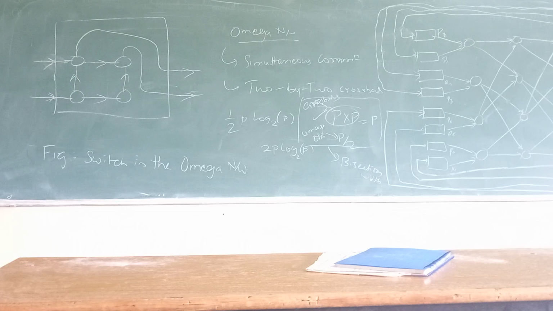2 by 2 crossbars. For example, in figure 1, processor P0 sends a message to